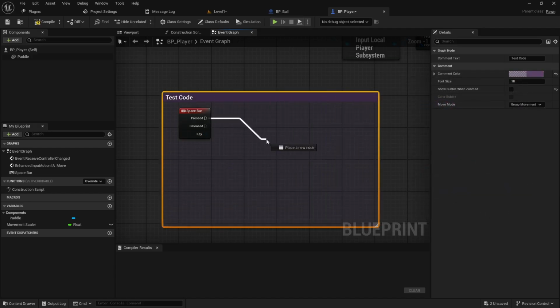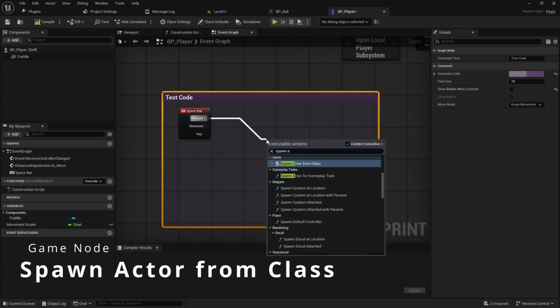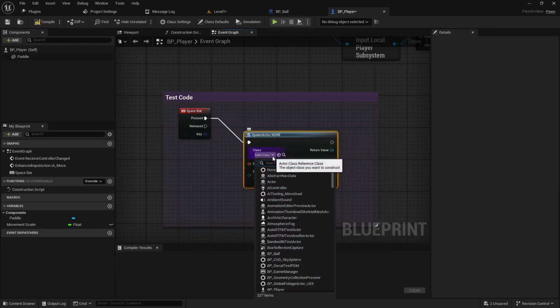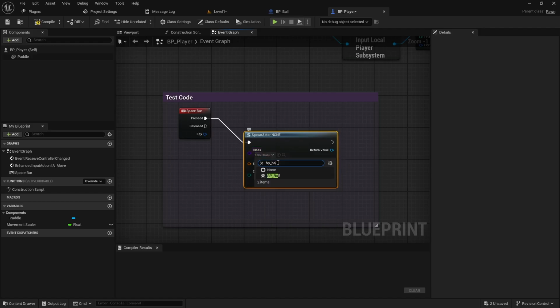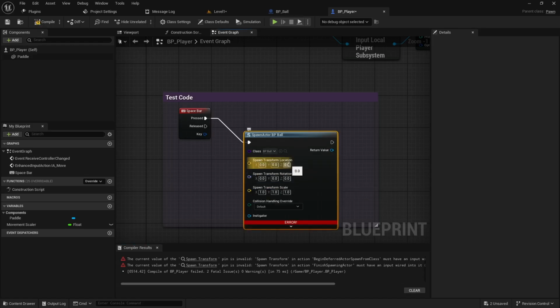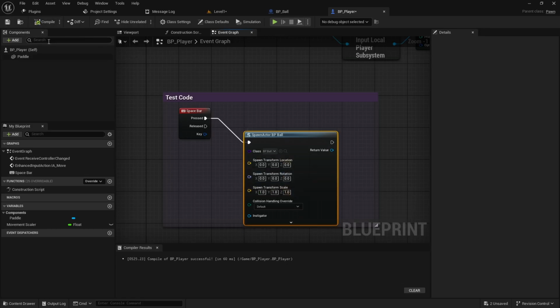Okay, so when I push the spacebar, I want to spawn an actor from a class. The actor I'm going to do is BP_ball. And I won't be able to compile this because it has no transform. But if I right click on the transform and I split it, it'll zero out the location and rotation, and the scale will be uniform 1, which is exactly what I want, so I can then compile, and that'll work